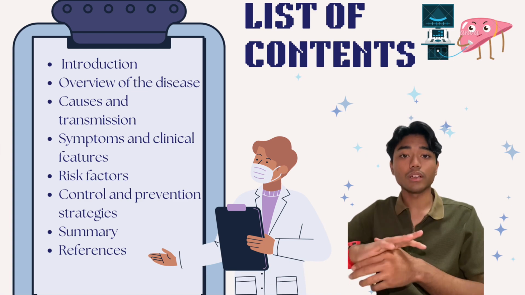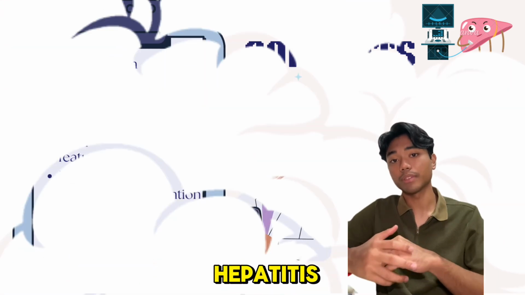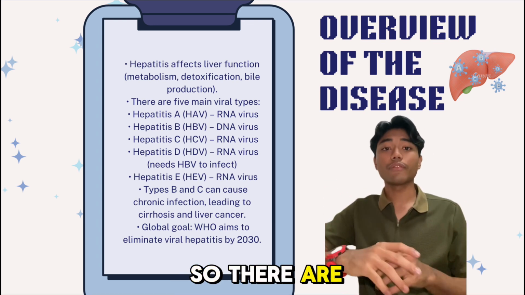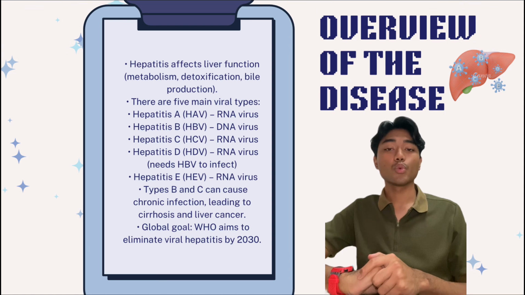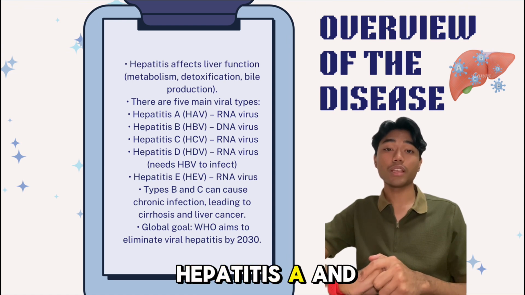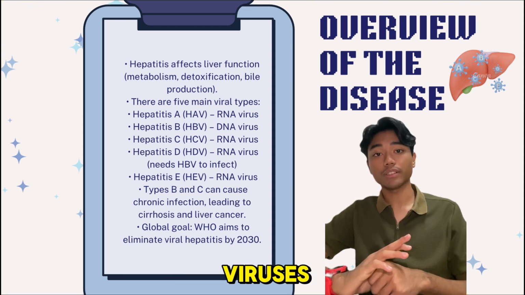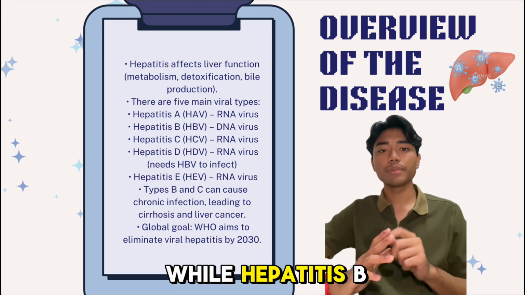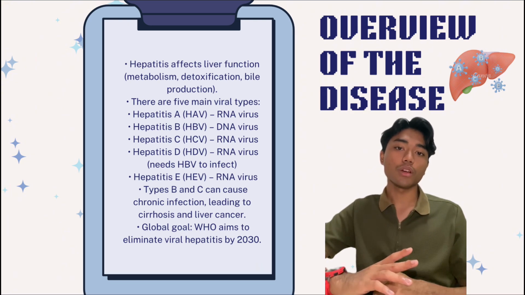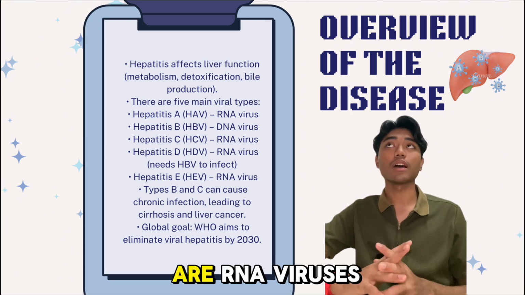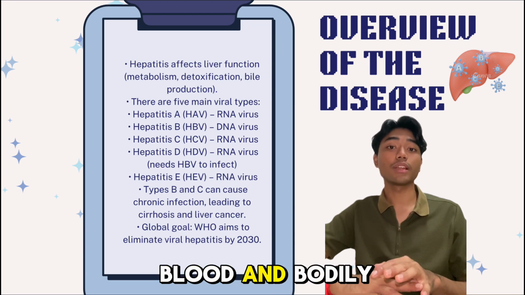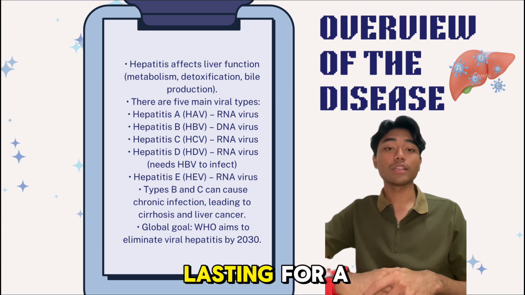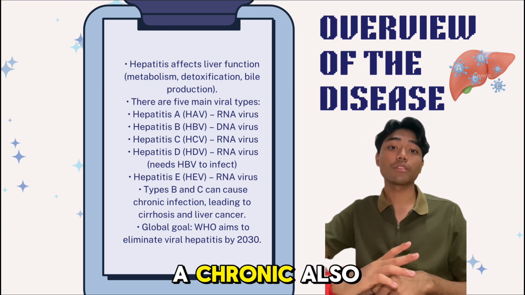So let's move on to the first slide, which is the overview of viral hepatitis. So there are 5 types of hepatitis viruses. Hepatitis A and E are RNA viruses that spread mainly through contaminated food and water, while hepatitis B is a DNA virus, and hepatitis C and D are RNA viruses that are transmitted through blood and bodily fluids. So hepatitis infection can be acute, lasting for a short period, or can be chronic, which